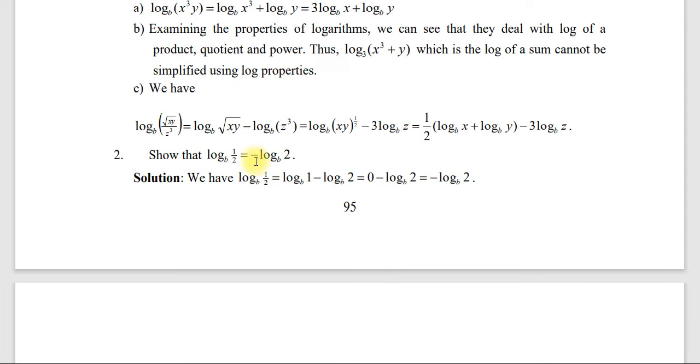ሌላኛ ደግሞ show that log 1 over 2 in base b which is equal to negative log 2 in base b መሆኑን ሾው አድርጉ። እንዴት አድርገን ሾው እናድርገው? በጣም ቀላል ሜተድ ይሄን ሁላ ከመሄዳችን በፊት 1 over 2 ማለት to the power of minus 1 ማለት ነው። -1 ፓወር ከሆነች ወደዚህ ትመጣለች ማለት ነው። በቀላሉ ይሁት log 1 over 2 ቤዝ b ማለት